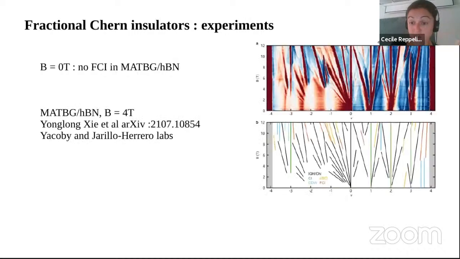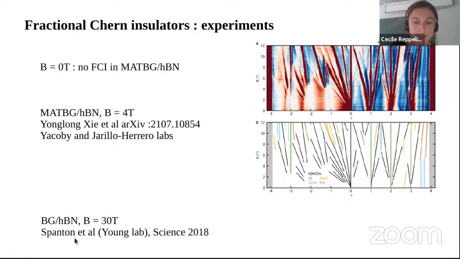But we're getting closer, I think, because some recent experiments have reported fractional Chern insulators for fields as low as 4 Tesla, which is much lower than the previous experiments realizing fractional Chern insulators, which was 30 Tesla. And in that newer